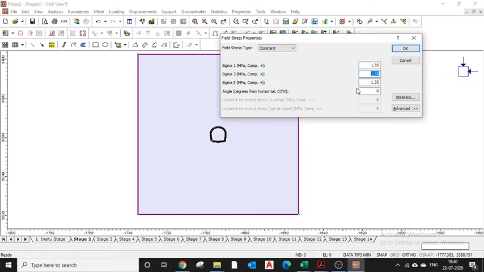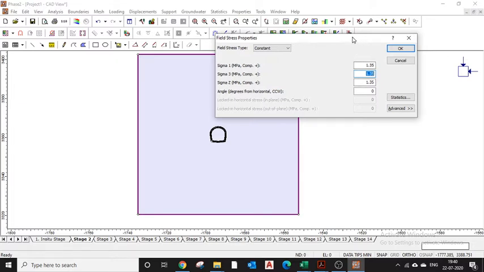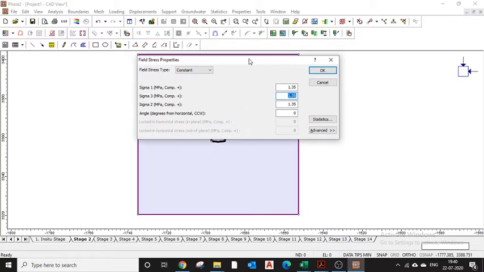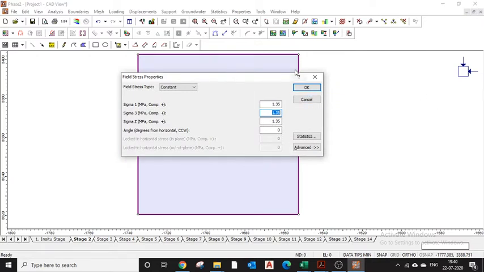Other than that, you can also follow the Hoek table, which you can find in any Hoek and Brown engineering books, to find the value of K. Okay, and this is angle. Not useful here, but if you want to give some angle to this stress, then you could just write here.